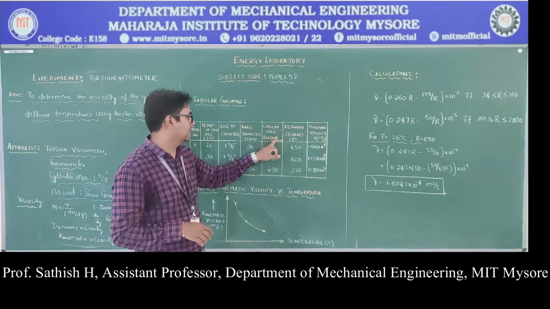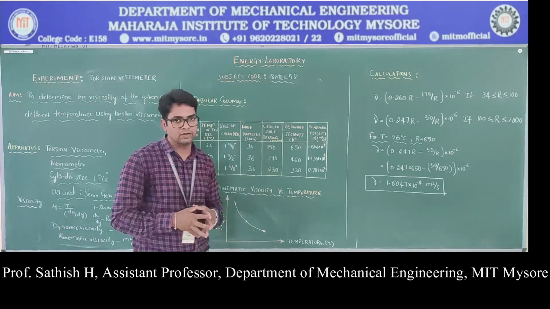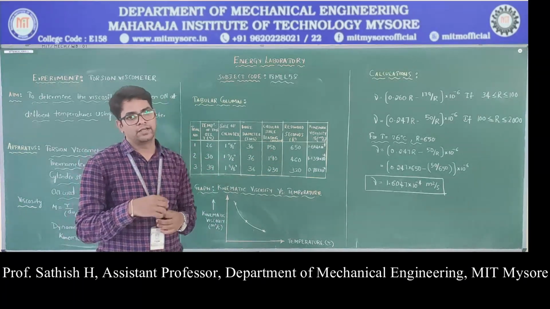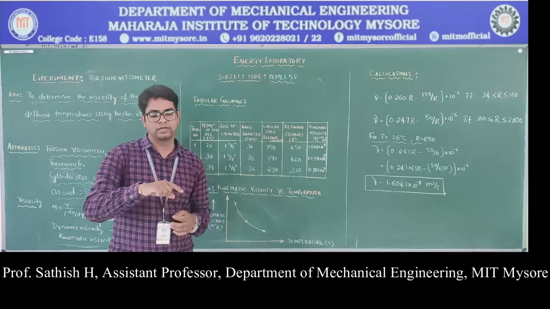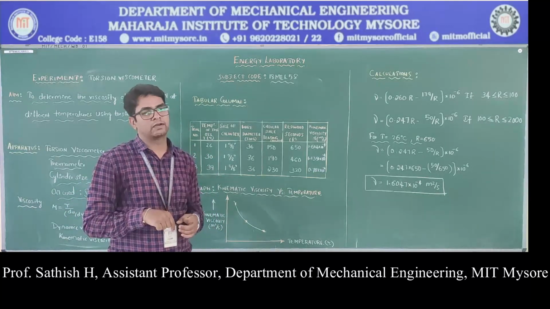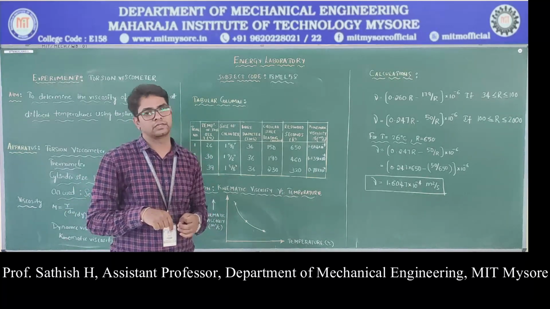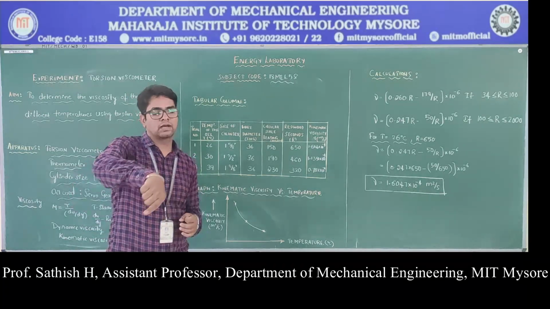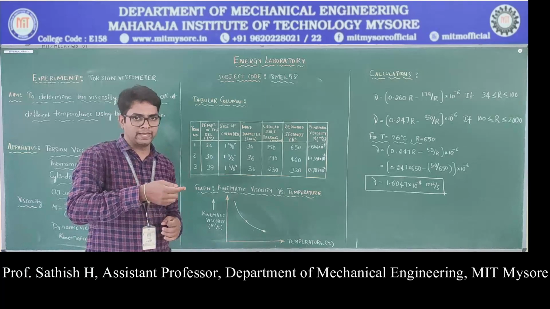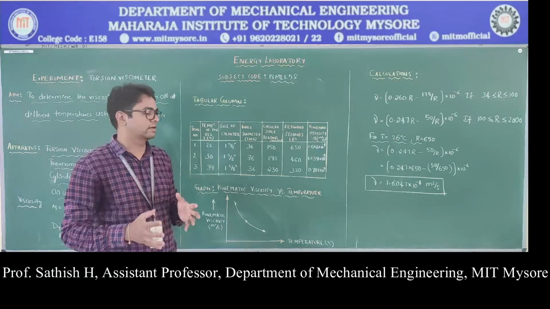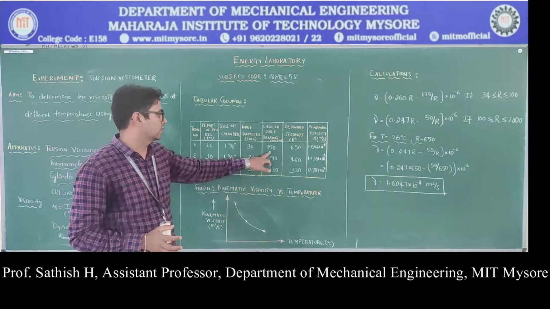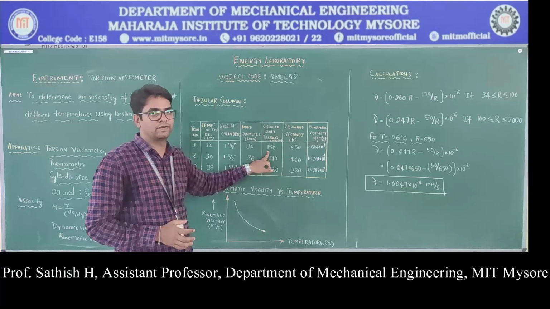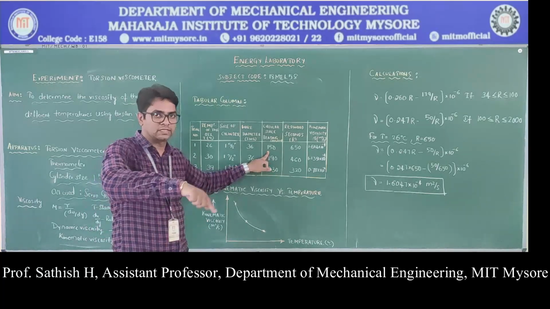And then circular scale reading, that is in degrees. That means when you rotate the flywheel, as you've seen in the experiment, through one complete rotation, 360 degrees, and then release the locking pin, it will go complete 360 degrees, and then it further rotates. That further rotation is noted down here, that is 150 graduations.